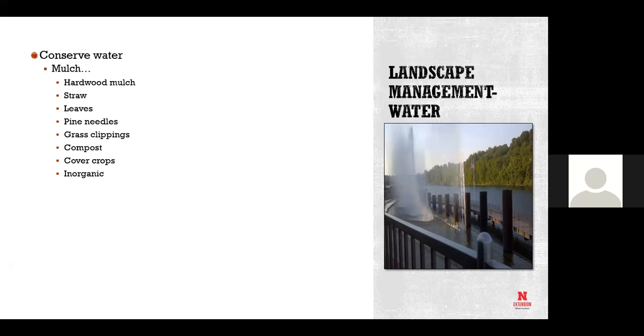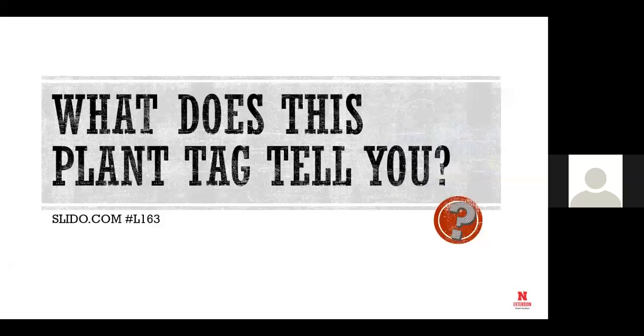A lot of the native plants of central and western Nebraska, that is what they want. So essentially a big piece of landscape management is we can love it to death. Oh gosh, we must mulch this plant. It will be so much happier. Well, it's not. You just killed it.